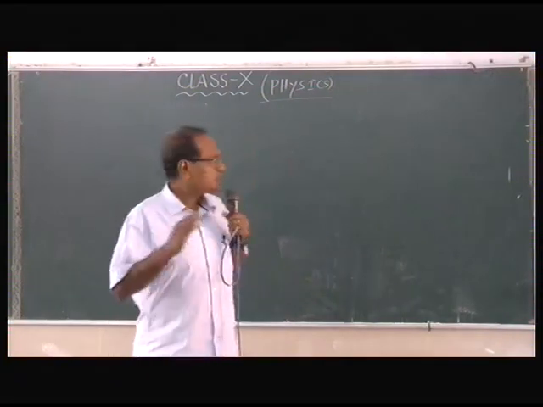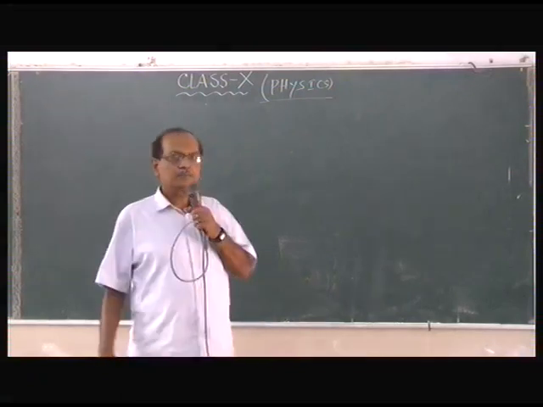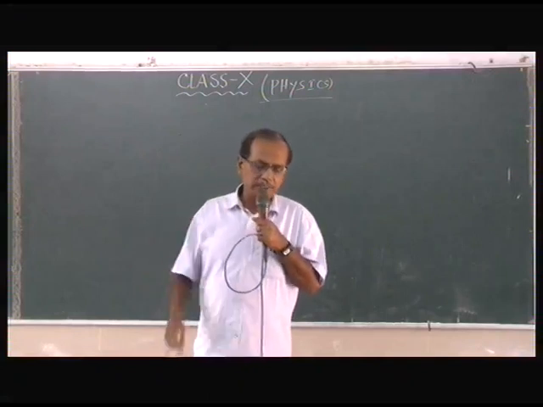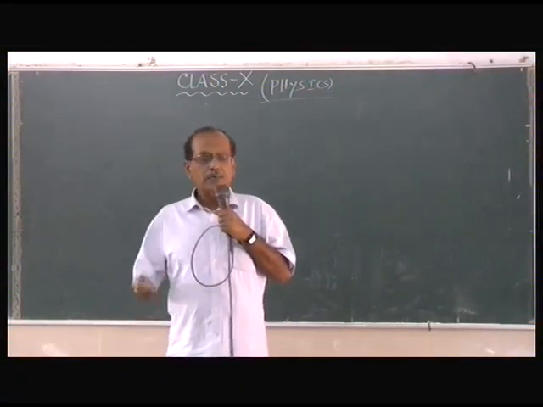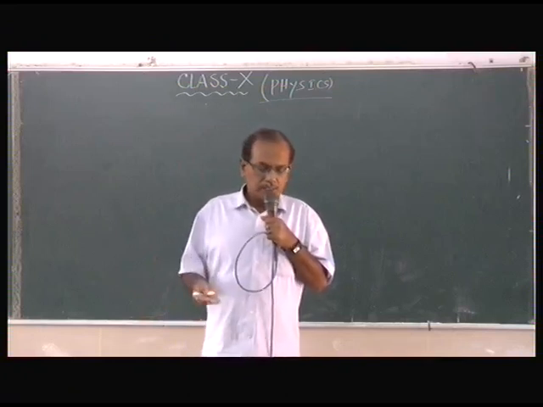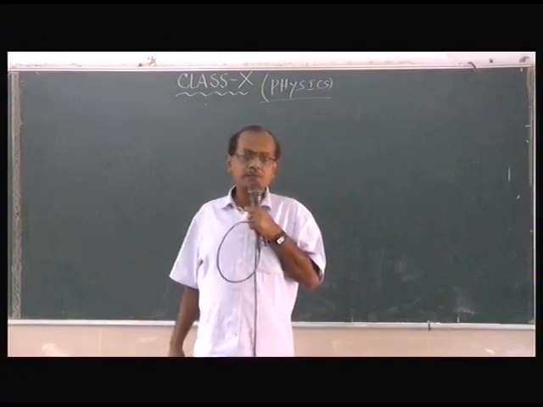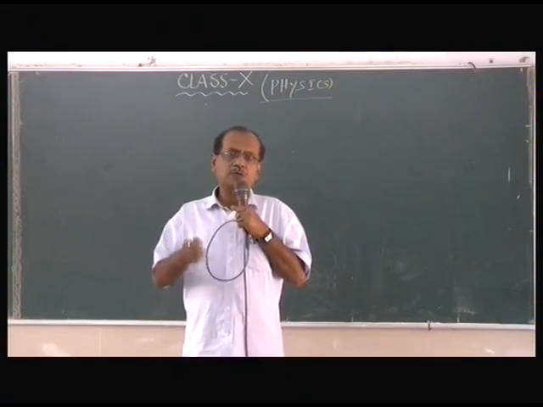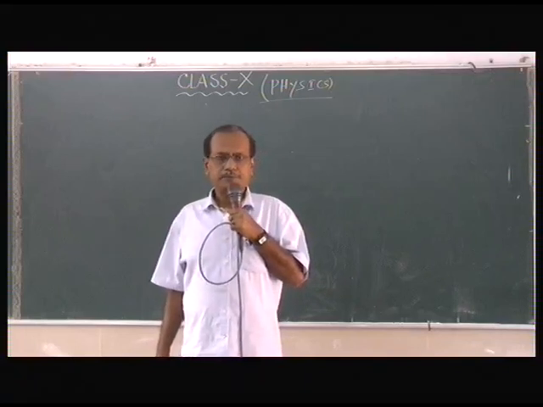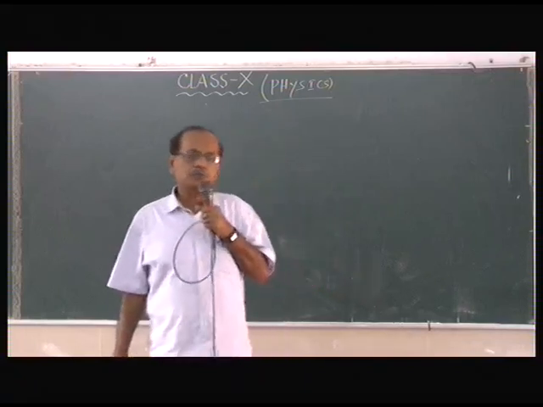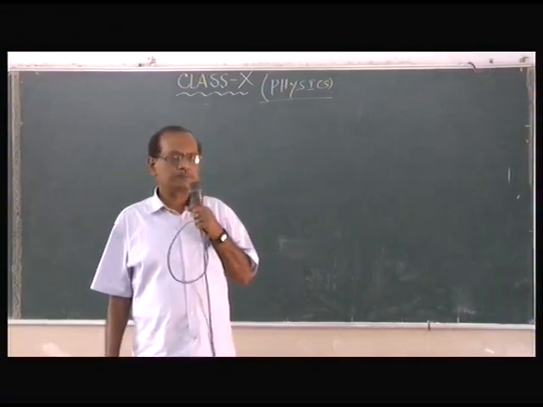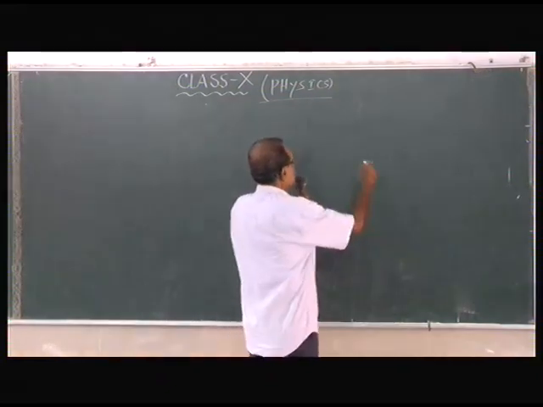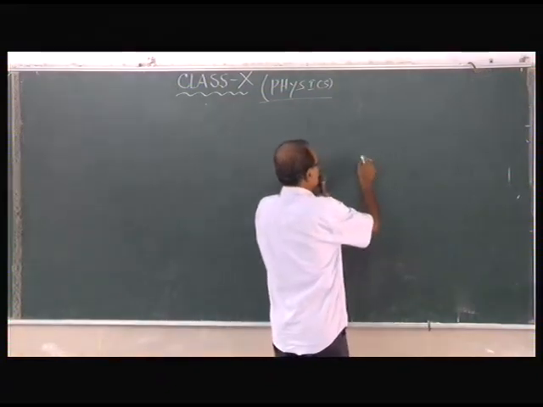So if an object is placed in a denser medium and it is viewed from the rarer medium, it appears at a depth lesser than the actual depth. The depth is lesser than the actual or real depth. This is due to the refraction of light. Now we'll do this by using this example or expression.